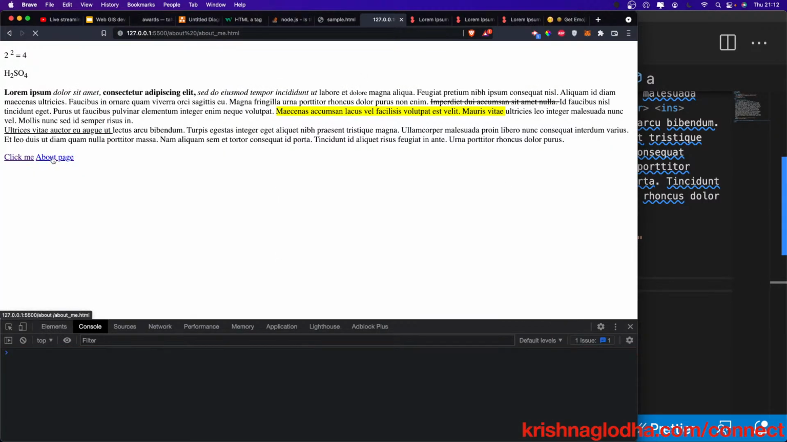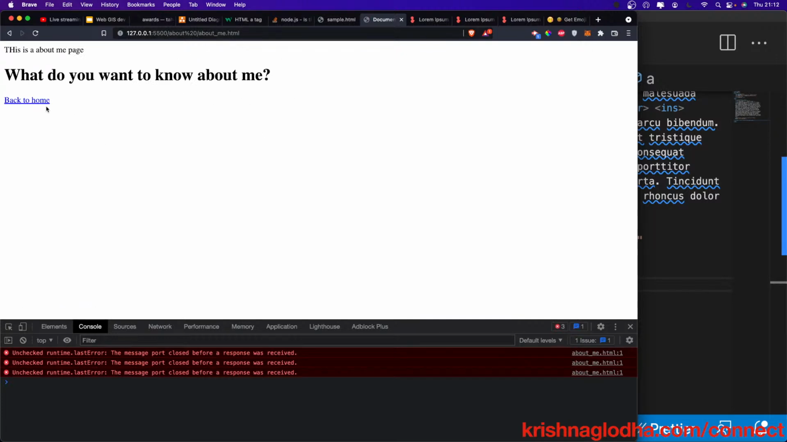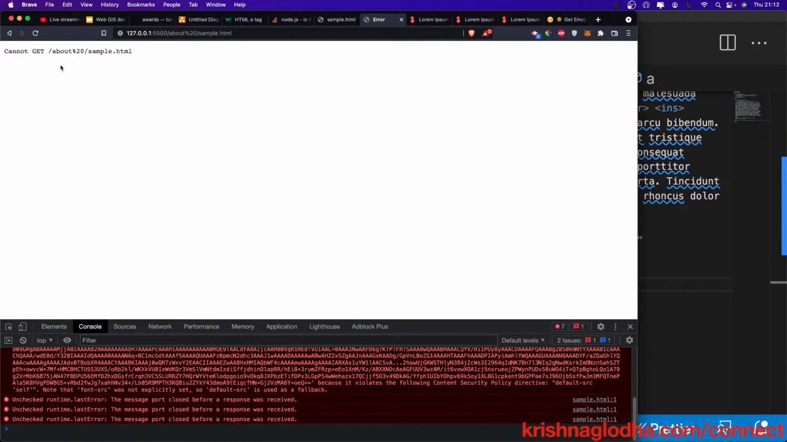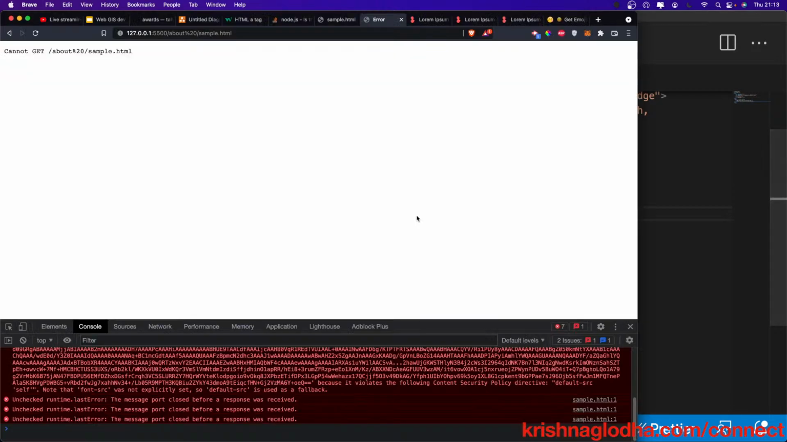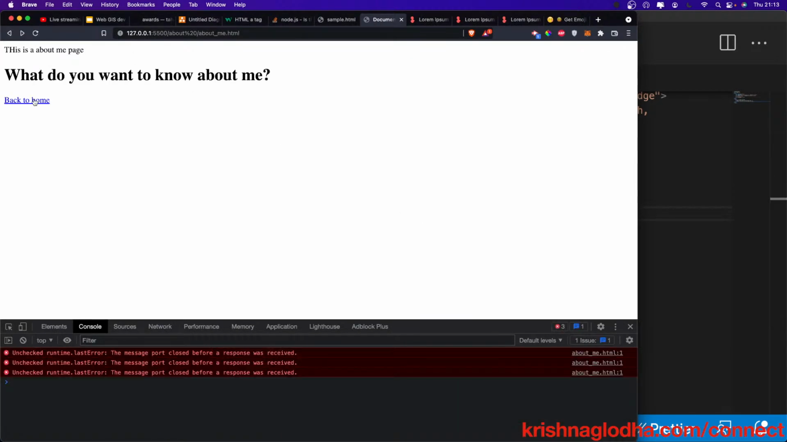Now if I go back and click on about page, you can see that it still works perfectly fine. But when I click on here, you can see that it doesn't work, cannot get, because in the about me it is still written as sample.html, which means it is expecting a sample.html file in this folder only, which is obviously not the case, and that is why we cannot find it. So I will also have to change it over here by going to double dot slash day1 slash sample.html. And now if I go back and click on back to home,